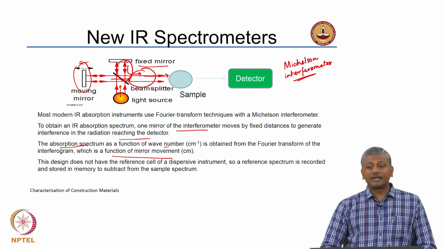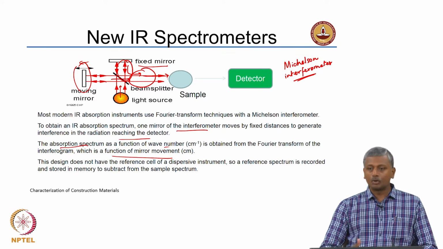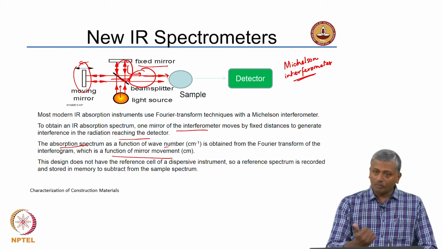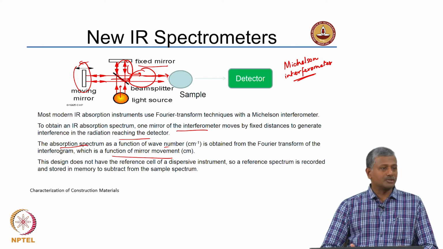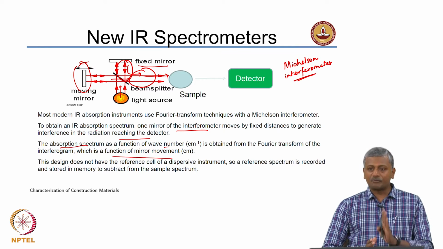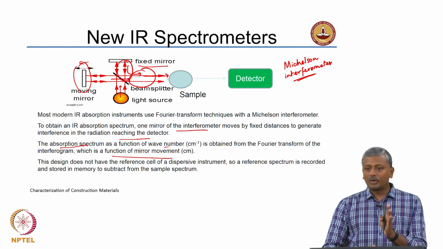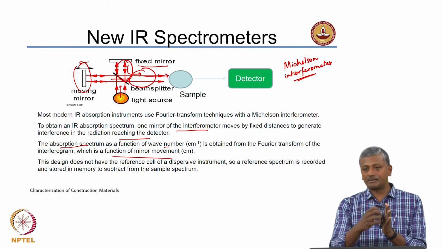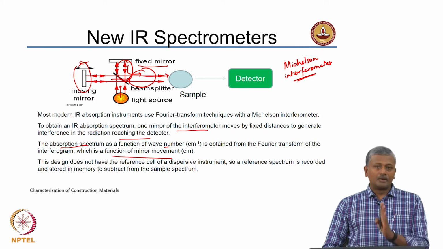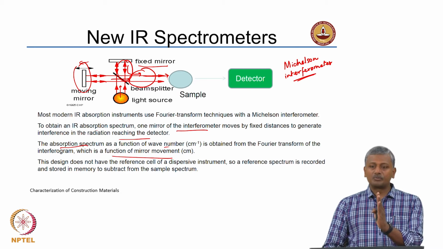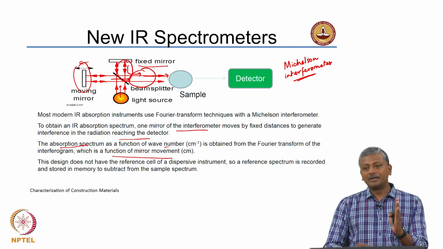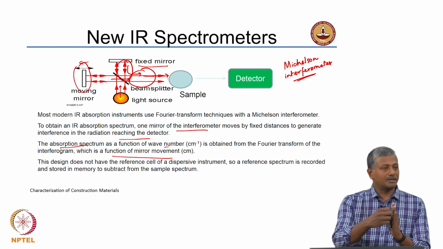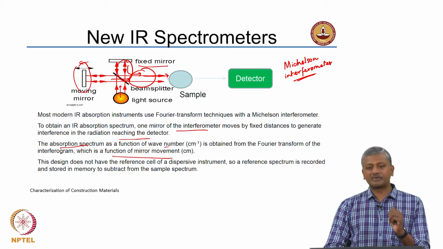On the other hand, when destructive interference occurs between the waves that are out of phase with respect to each other coming from the moving mirror and from the fixed mirror, there is cancellation of the signal. So, for every position of the moving mirror, only a specific set of wavelengths is transmitted through the sample. In the next stage, the moving mirror is moved by another increment. Now a different set of wavelengths ends up passing through the sample because of constructive interference.